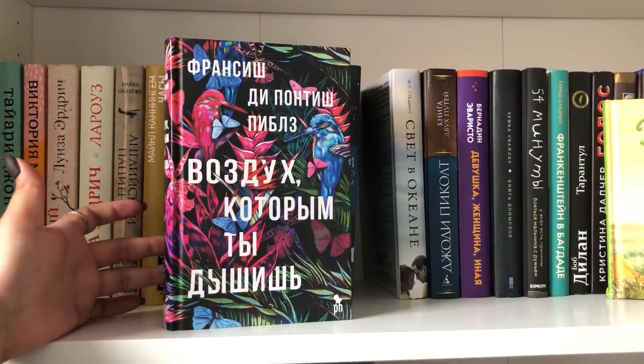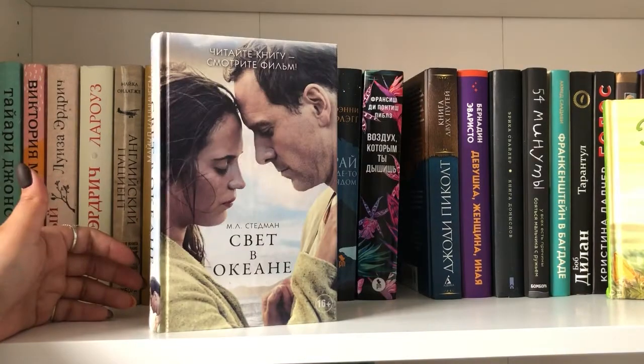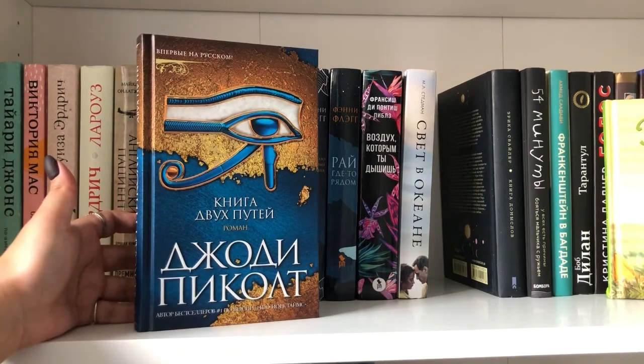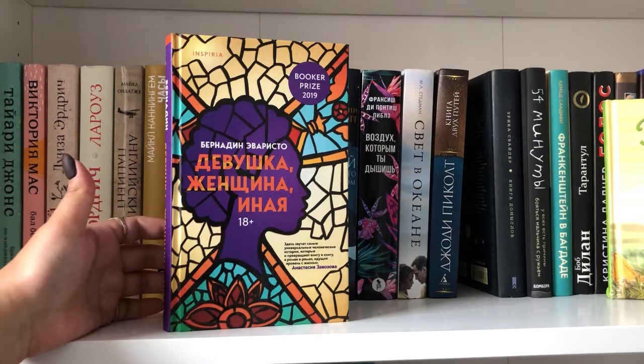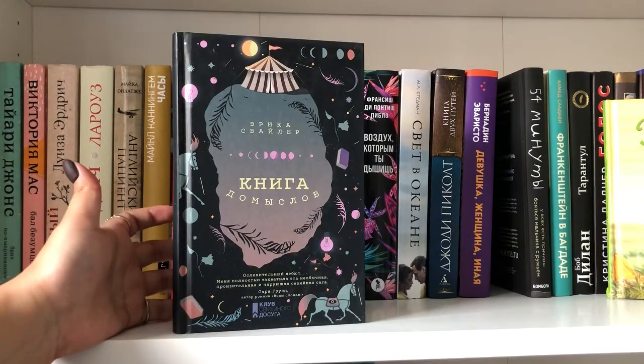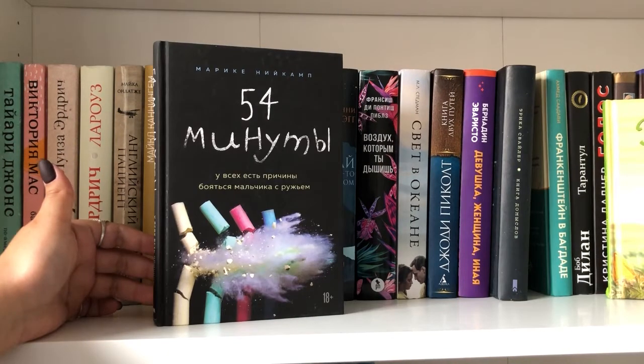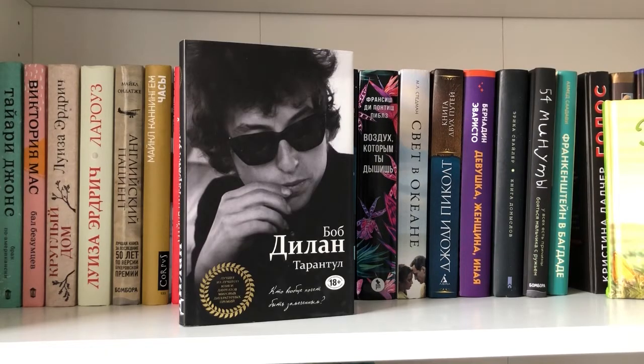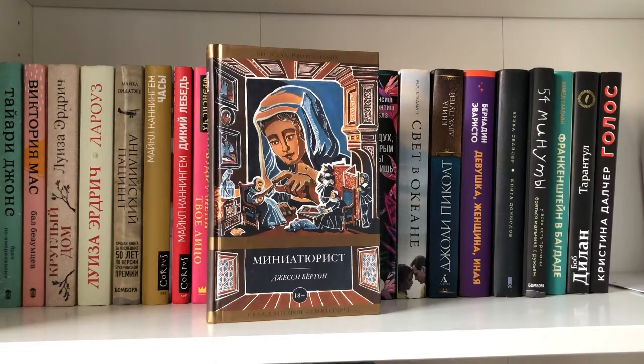The Air You Breathe by Frances de Pontes Peebles, The Light Between Oceans with the movie poster cover, The Book of Two Ways by Jodi Picoult, Girl, Woman, Other by Bernardine Evaristo, The Book of Speculation by Erika Swyler, This Is Where It Ends by Marieke Nijkamp, Frankenstein in Baghdad by Ahmed Saadawi, Tarantula by Bob Dylan, Vox by Christina Dalcher, The Miniaturist by Jessie Burton, The